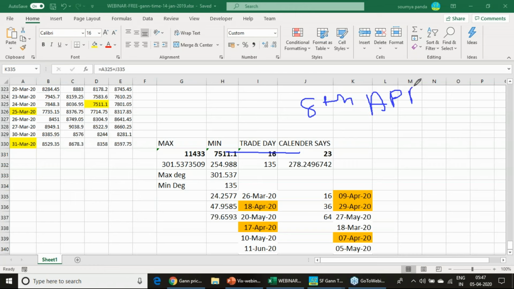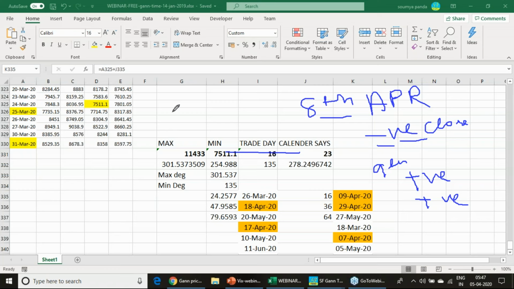if you are seeing that the Nifty is having a negative close, you should expect that on 9th Nifty will open positive or close positive. So these two events are going to happen on 9th, as per this calculation. On 8th, negative closing means towards the closing hour, 3:15 to 3:20 or 3:20 to 3:30. In this period, 5 to 10 minutes before the close, if you see that Nifty is going to have a negative closing, you must